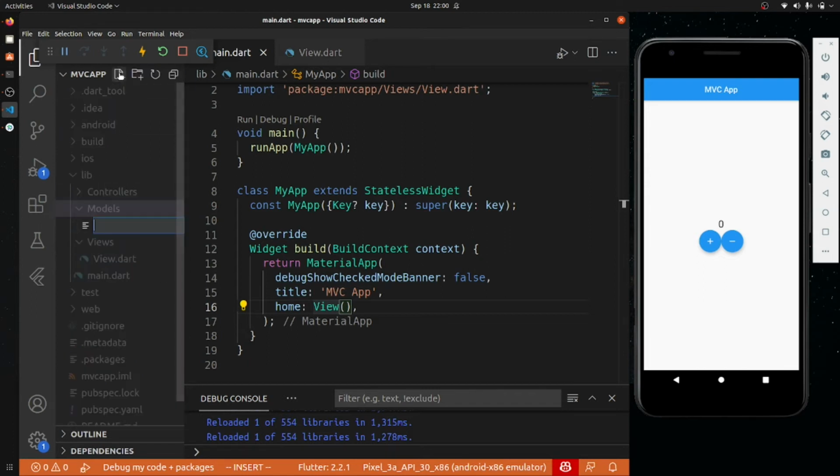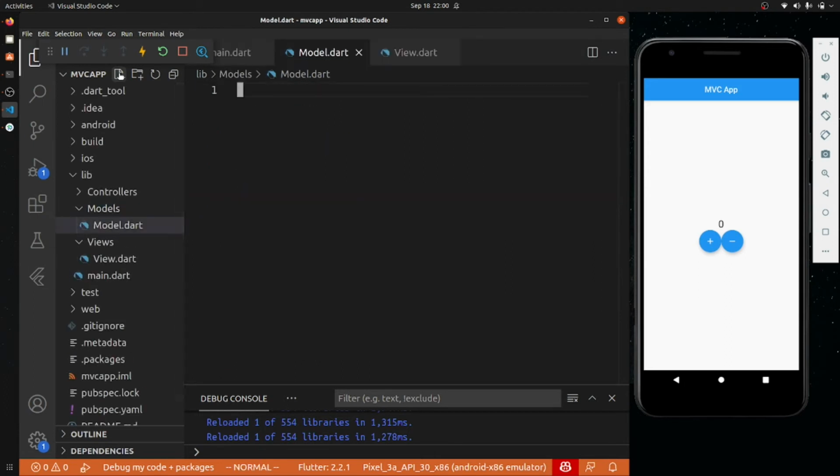Inside this we will create a model dot dart. Basically you can give it a different name. I am naming it model because I want it to be simple so that you can understand, but you can give it another name or anything. It is just up to you, but you just need to follow these steps, and the naming is not important for this whole thing.